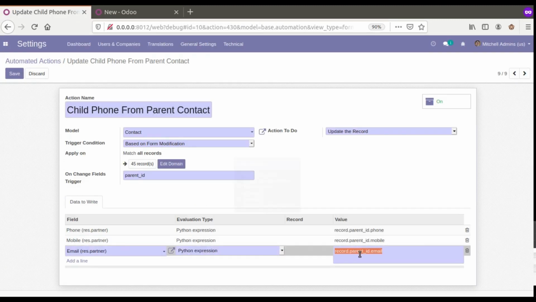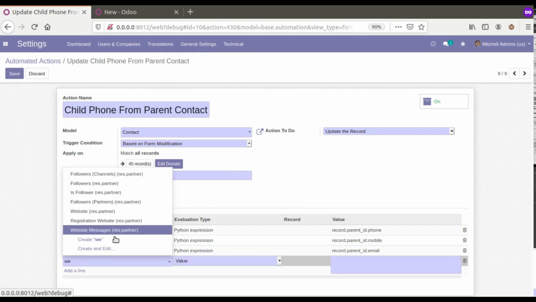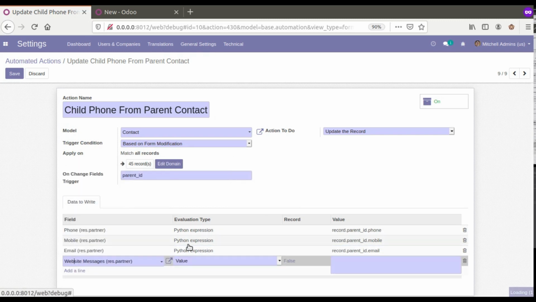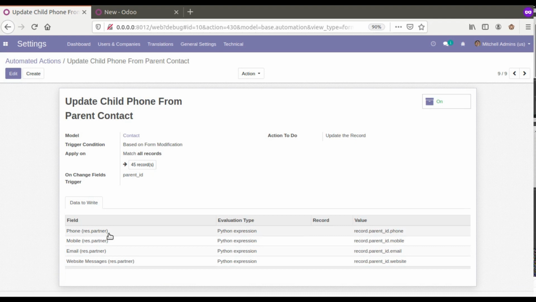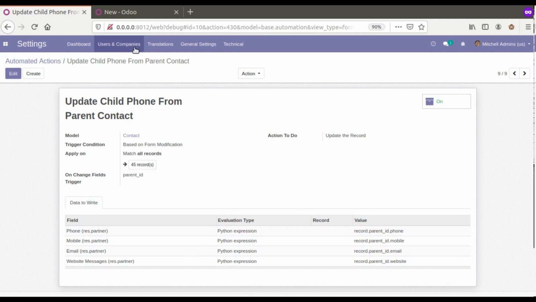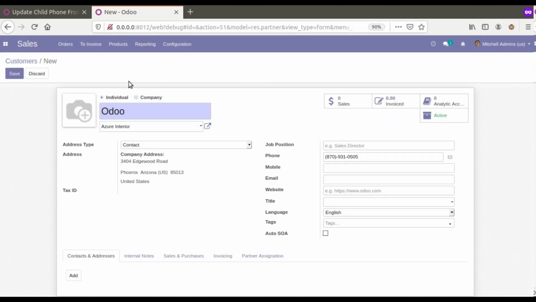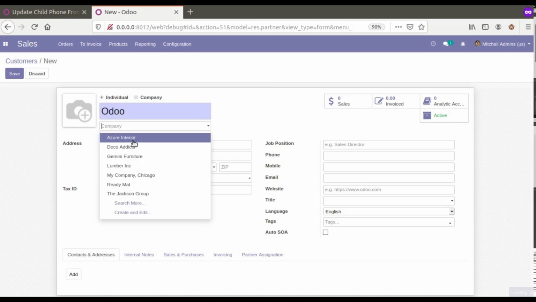So I'll copy these and I'll be updating website. If I search for website, you can see website, Python expression, and the value should be record.parent_id.website. So we have added a few more fields to update while triggering this condition. So let's test it by going into the customer's form view. I'll come back here and create a new customer, and if I choose Azure Interior here,